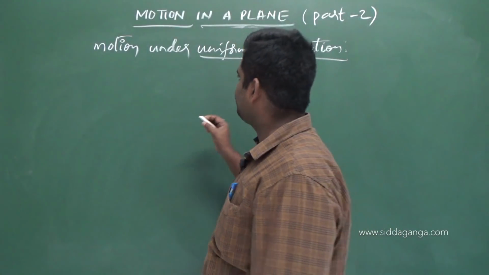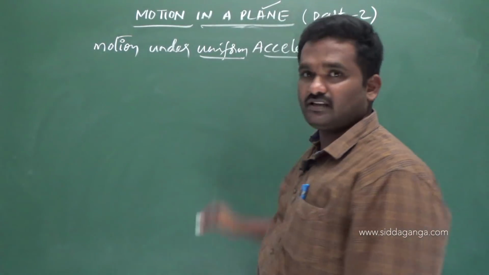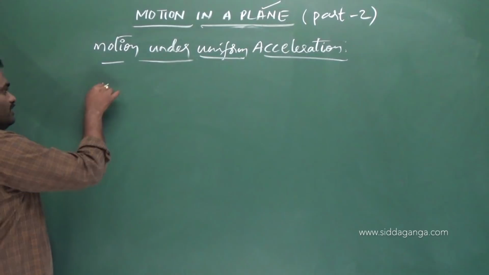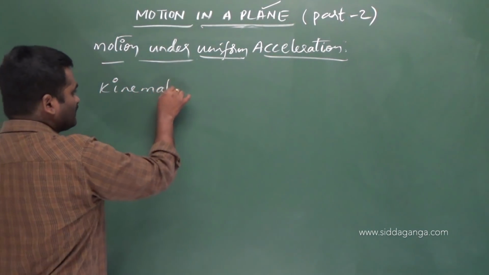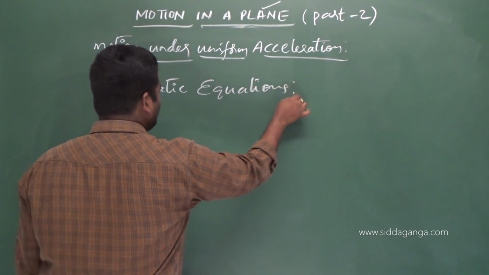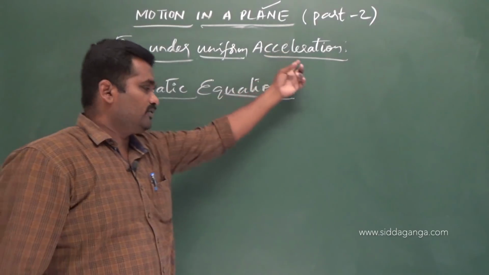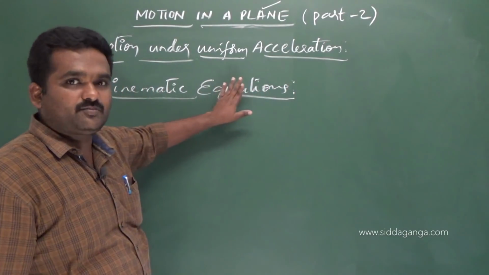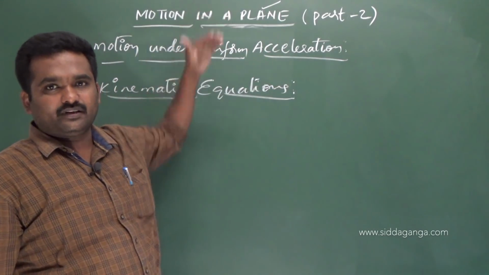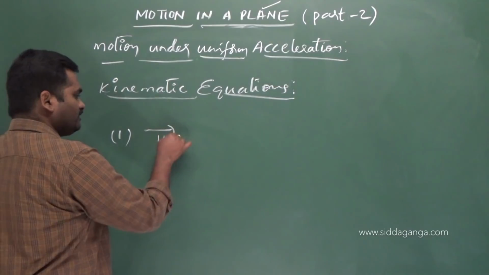Whereas here, how are the same equations going to hold good in the case of a plane? When you talk about motion in a plane, how are these kinematic equations going to be written? Kinematic equations in case of motion in a plane for a body moving with uniform acceleration. Kinematic equations are nothing but the equations for a body moving under uniform acceleration, but not in a straight line; here we study them in a plane. Just the equations we have studied, once again we are going to write, but in vector notation.